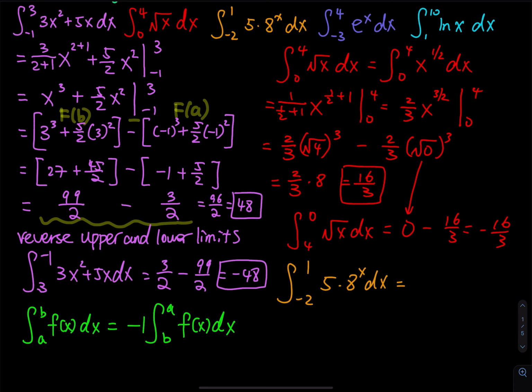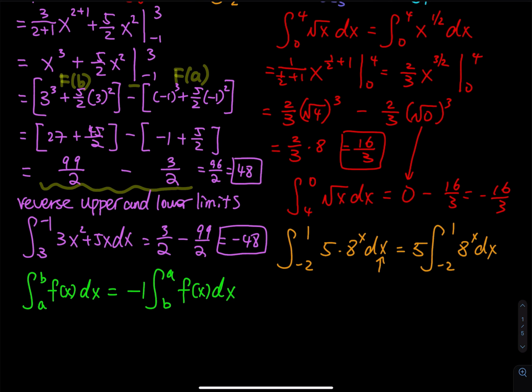Since the variable is x and the 5 is a constant, some people will write it like this. They will just take the 5 out: 5 times the integral from -2 to 1 of a to the x dx. You can take the 5 out because it is a constant. And then what is the derivative of that? Not the derivative, sorry. The integral, or the antiderivative, of this exponential function is, the 5 has no change. If you have a constant base raised to a variable, the antiderivative is equal to this. Watch. This is a to the x divided by